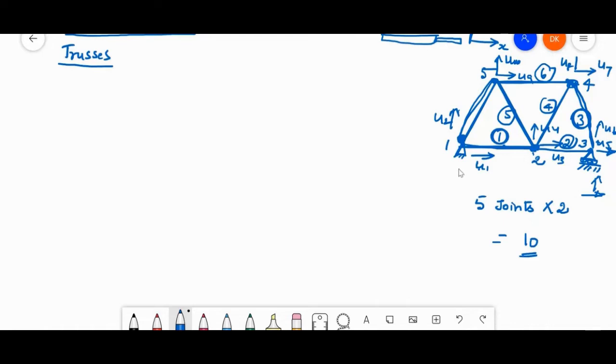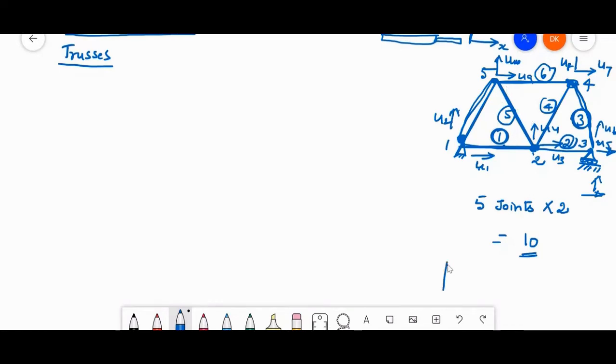So in the first class itself, we are talking about discretization. There are 2 types of discretization. One is the natural discretization, another one is the artificial discretization. In the natural discretization, the example is the trusses. Here we are not dividing the whole structure into a fine number of elements, because the member itself we have taken as an element.